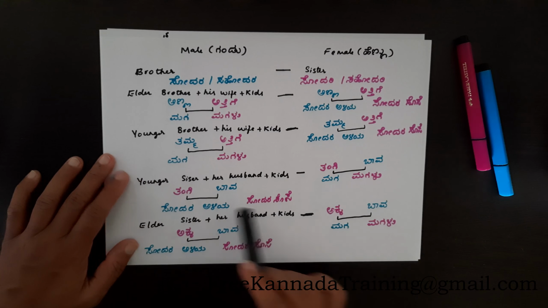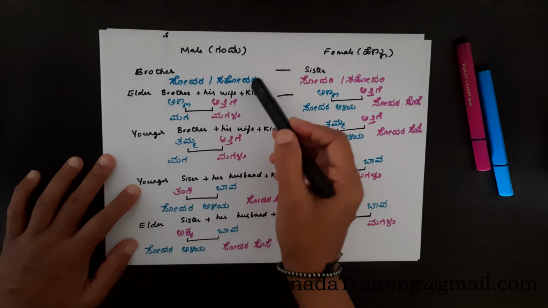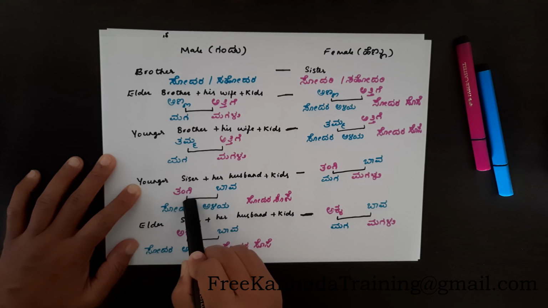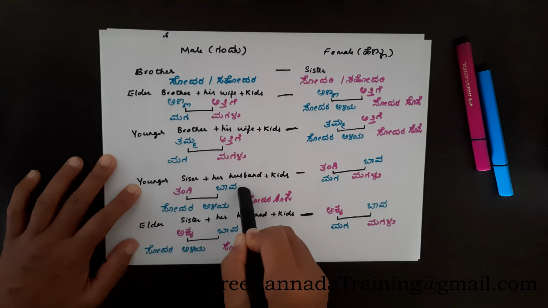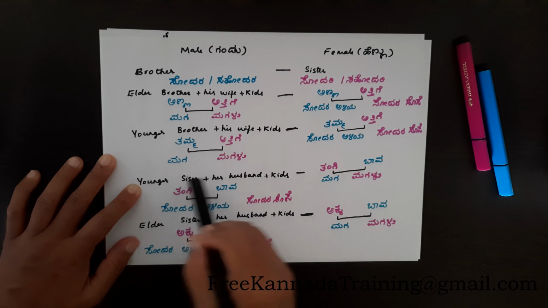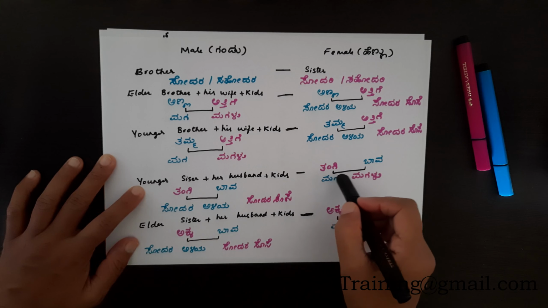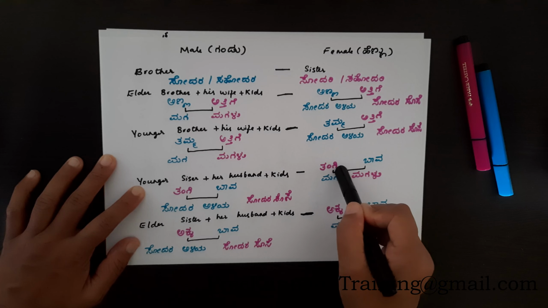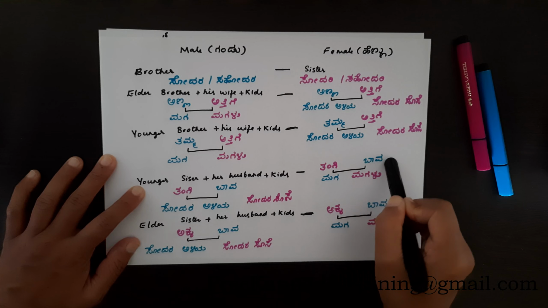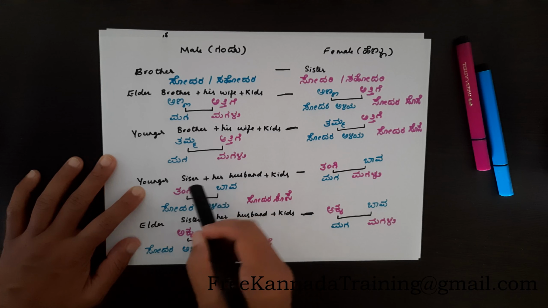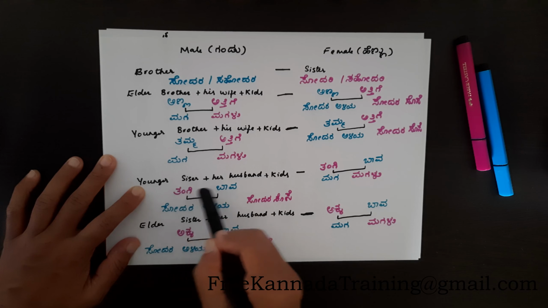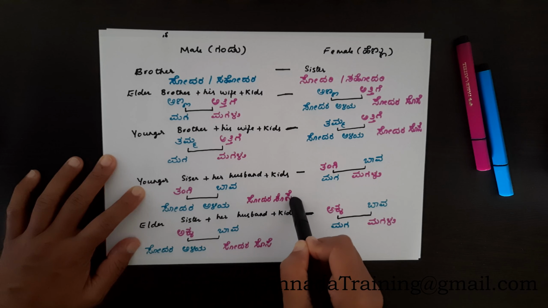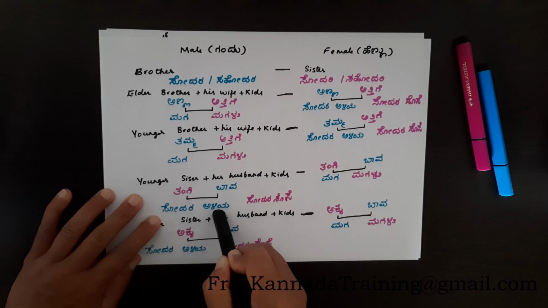Now, if you are male, your sister, younger sister will be Tangi and her spouse will be Bava. Same as if you are female, your younger sister will be Tangi and her spouse will be Bava. Wherein, if you are male, Tangi and Bava's kids will be Sodara Aliya and Sodara Sose, because you will be